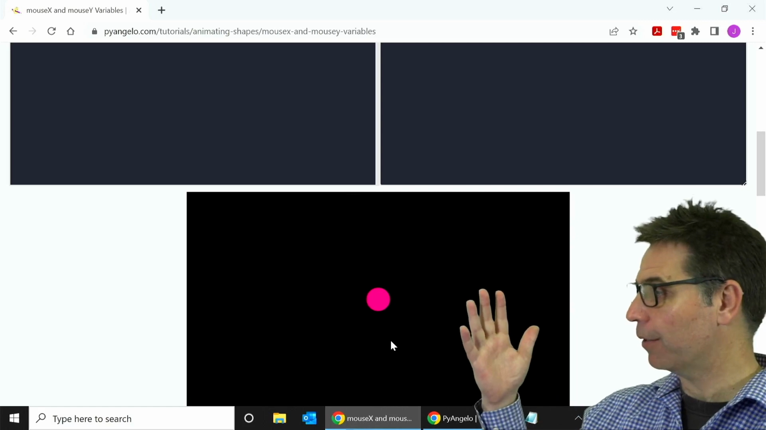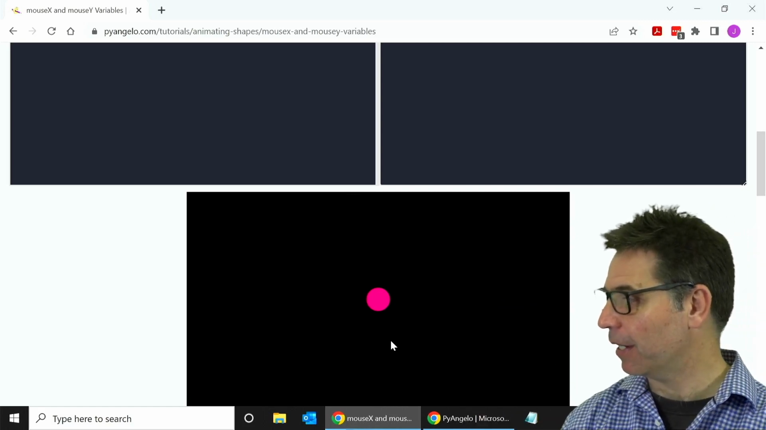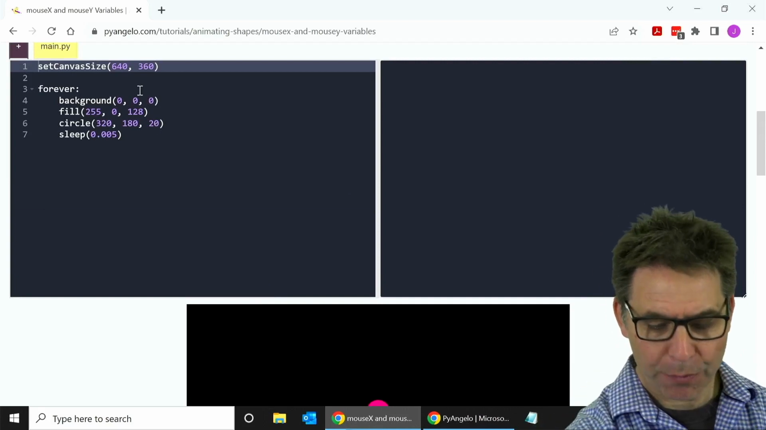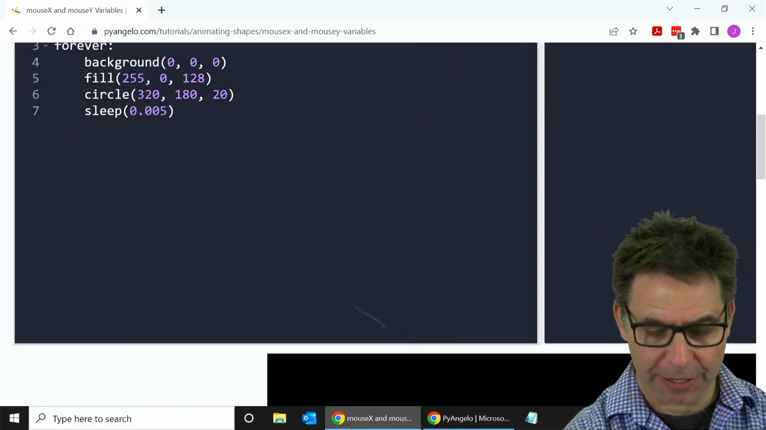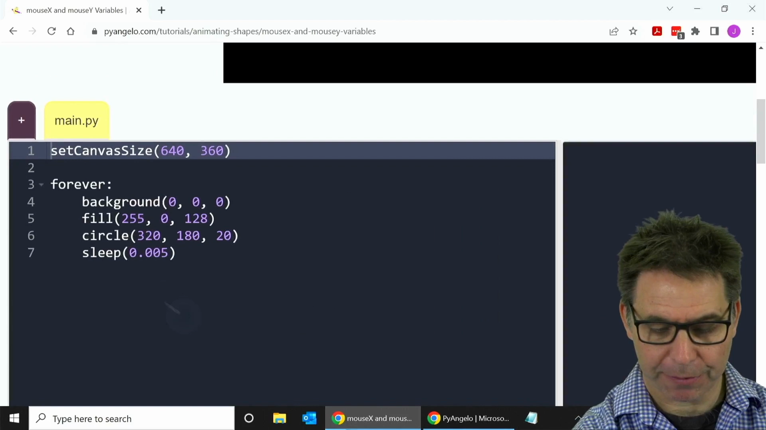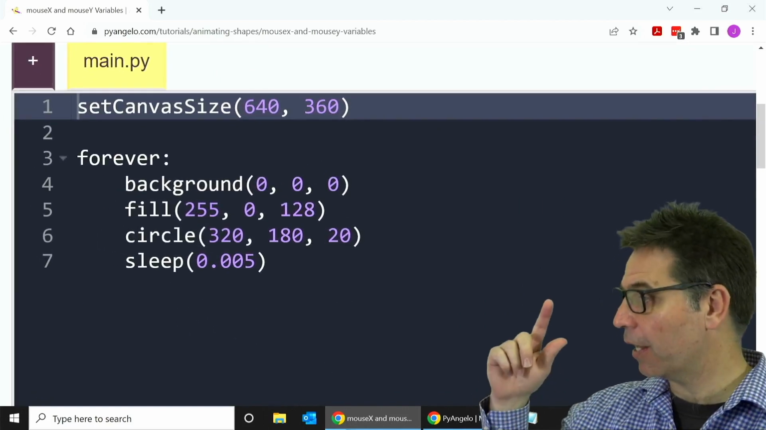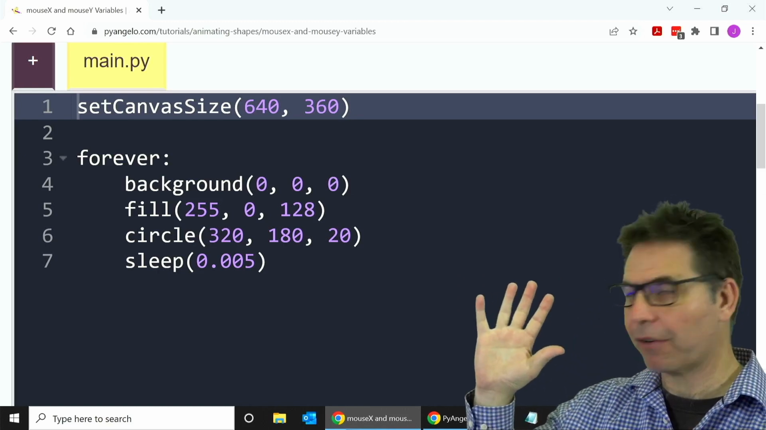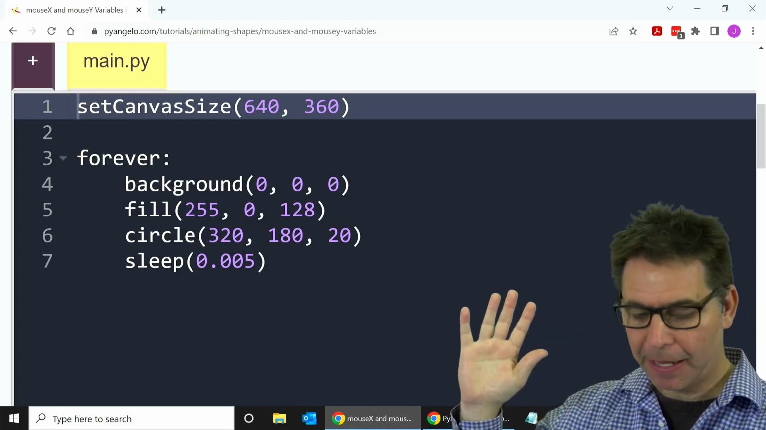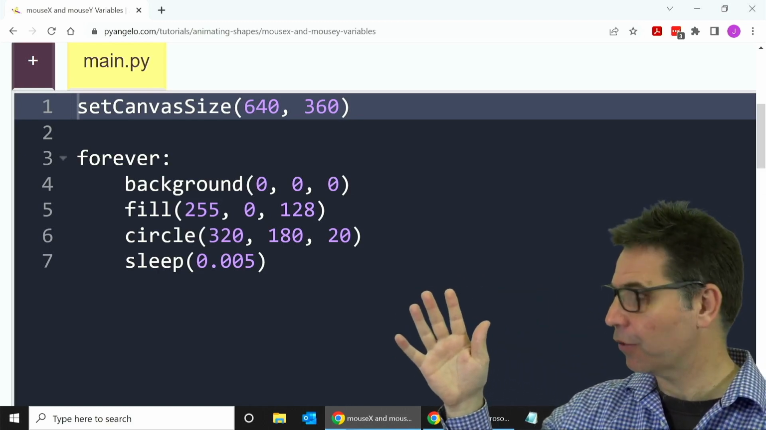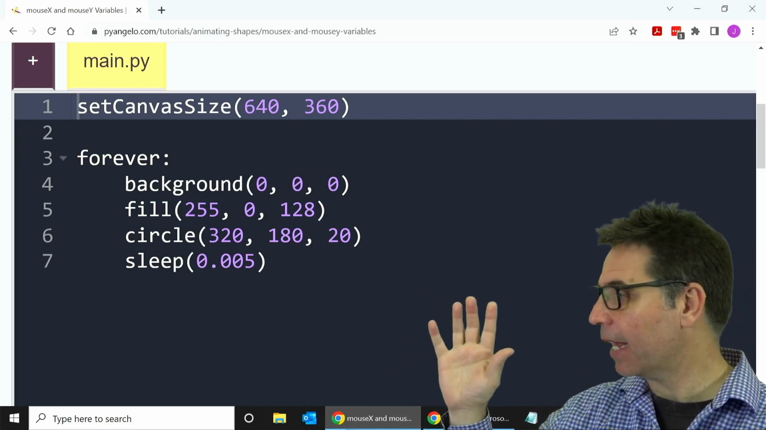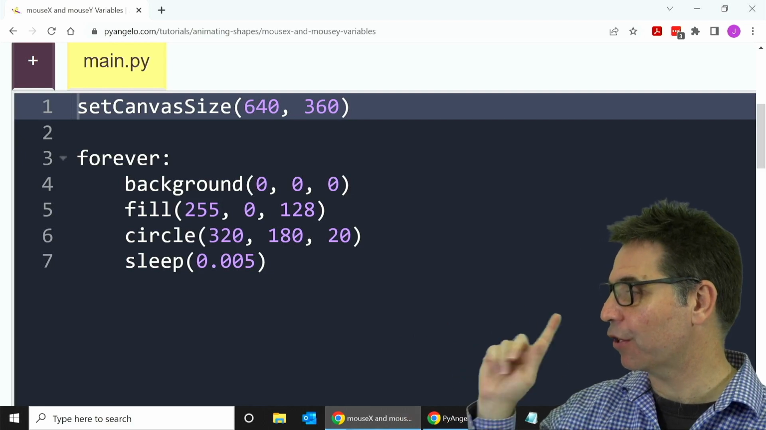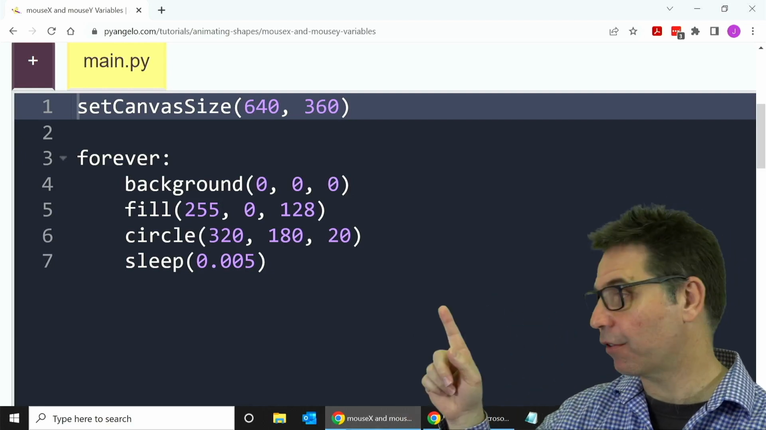And wow, it draws a circle in the middle of the screen, a kind of pinky circle. Now the code: we are setting the canvas size to 640 by 360, and then we are creating an animation loop with that forever command where we're clearing the background to a black color. Then we're setting the fill color to the pink color, and then we're drawing the circle in the middle of the screen. And I know it's the middle of the screen because I set the canvas size to 640 pixels